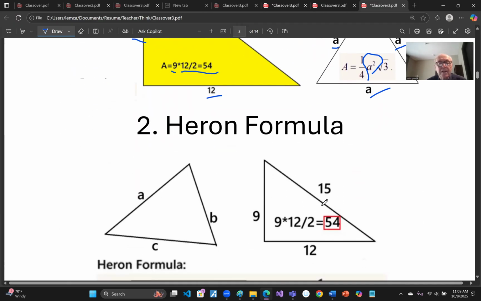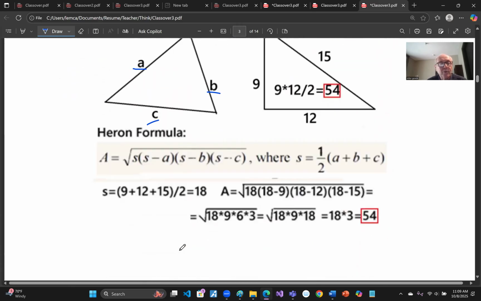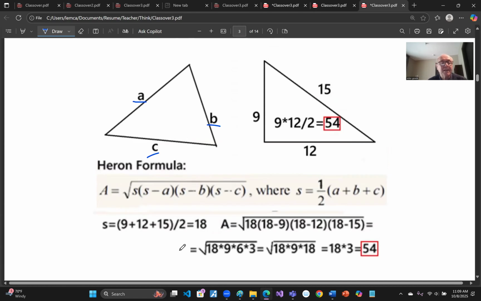The next rule is Heron's formula. We use it when we know the sides of the triangle ABC. The rule says that the area is equal to the square root of the product of 4 numbers: s, s minus a, s minus b, s minus c, where s is equal to half of the